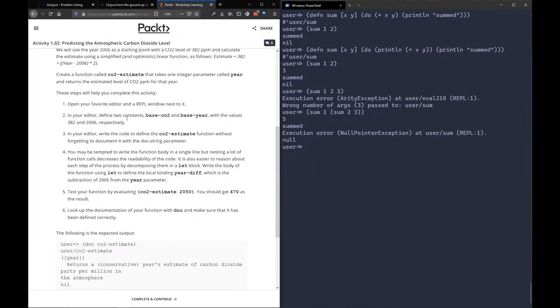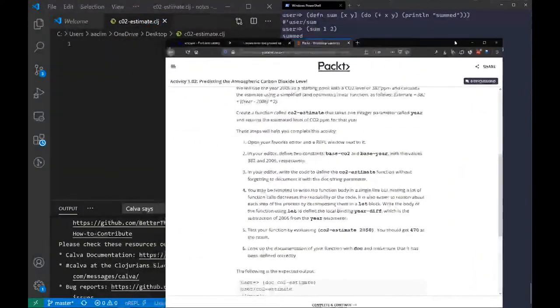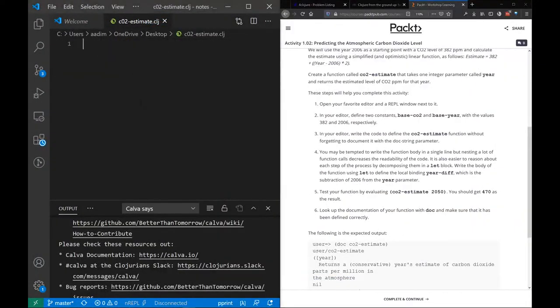In your editor, define two constants, base CO2 and base year, with the values 382 and 2006 respectively. I guess I should move now. So define two constants, base CO2, base year. I guess these should be global bindings. So let's create two global bindings, base CO2, which should be 382, and